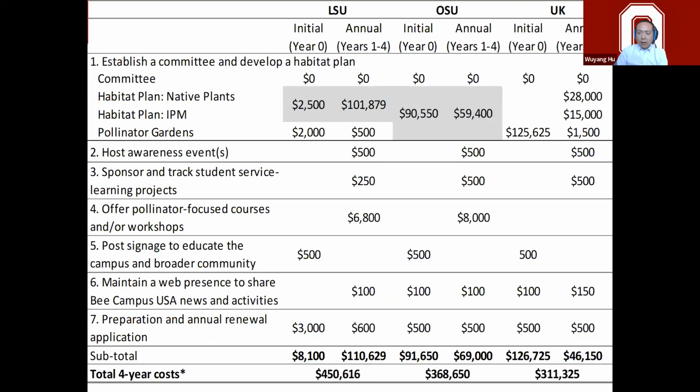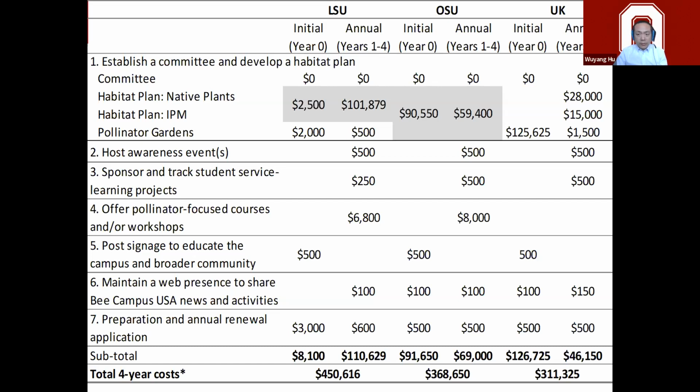Now, enough about the benefits. Again, one more time, the benefits come from students' willingness to pay an extra dollar to allow the campuses to engage in Bee Campus certification. So we're getting a benefit from that perspective. What about the cost? As we said, we did a survey interview of experts on each campus. We called them, we interviewed them, we talked to them in person, we drove through different offices and visited different people. We obtained these numbers.